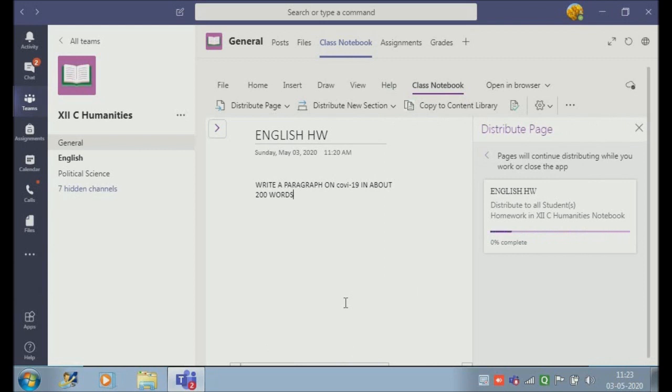Now it is distributing to all the students in the homework section. We can choose the sections where we want to send the homework, and we can create as many sections as we want.